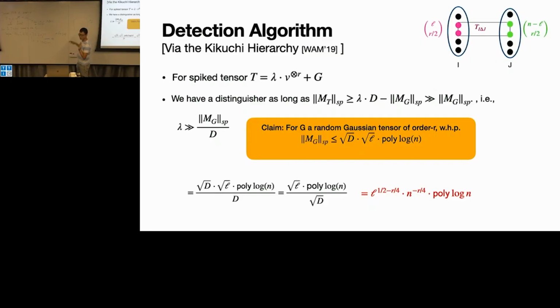n to the L. No, O of L, but not n to the O of L. I thought it was going to be n to the 2L or something. Okay. Yeah. No, yes, it is n to the L. It's n to the L in this case. Yes. But we are going to see the constant.